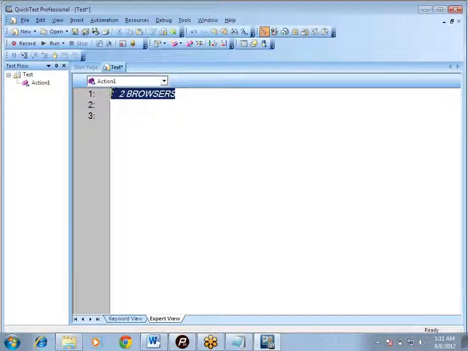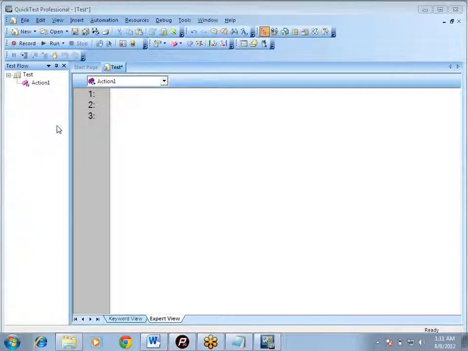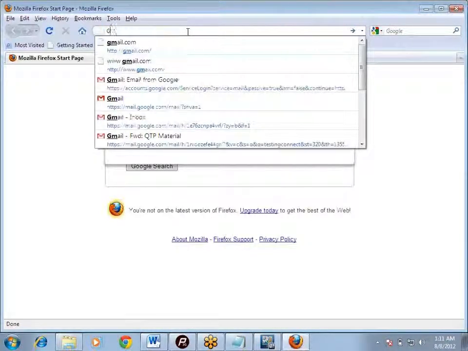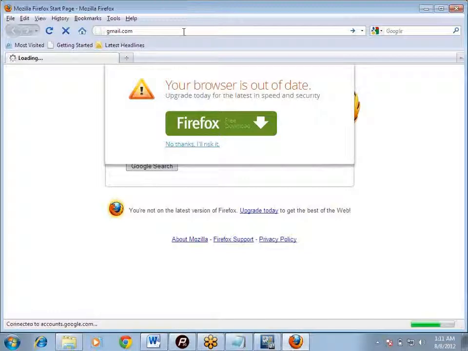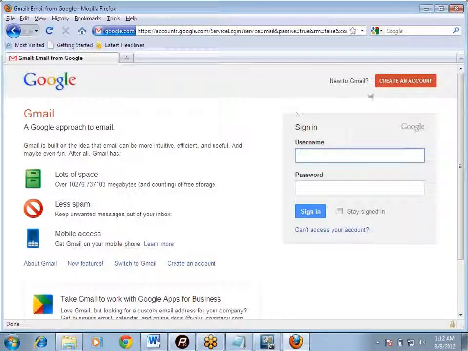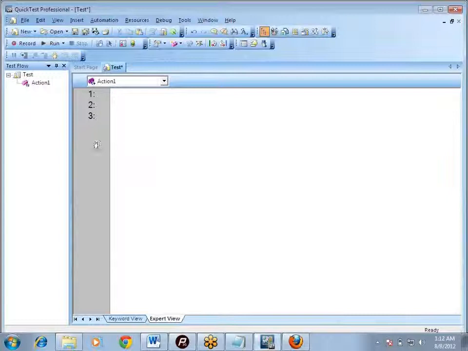Now let me open up Mozilla and we'll take a very simple example which we all are aware of, that is Gmail. As we progress through our course, we will start taking up some complicated examples, some difficult applications. So being the first session, I am taking up a very simple application which we all are aware of, and we will see the registration of Gmail. If I want to create a new Gmail account, then here first in QTP, I am clicking on record.